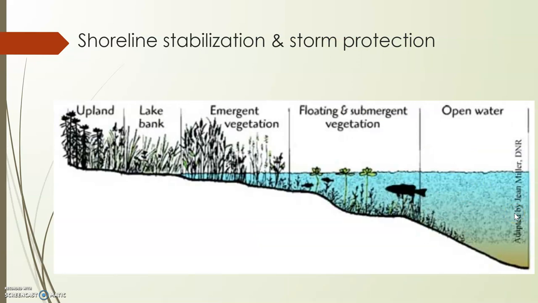We also talked about wetlands providing shoreline stabilization and storm protection. Having that vegetation along the shore, we've looked at that emergent vegetation on the shore of the lake. These things help protect us. Those roots absorb that water. Think back to the Biggest Little Farm, even though that wasn't a wetland, the roots held things